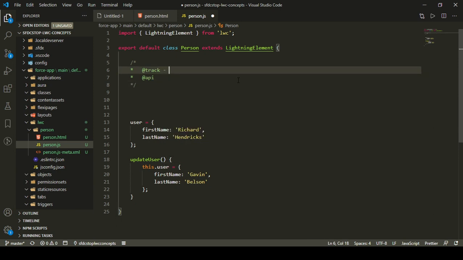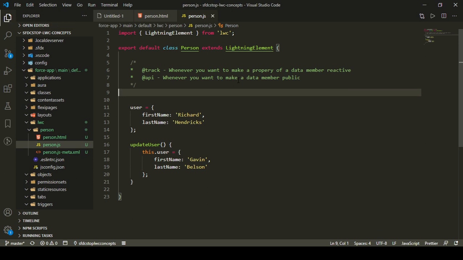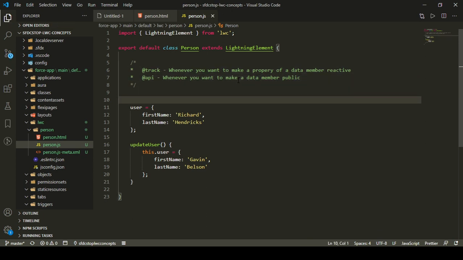So track is used whenever you want to make a property of a data member reactive, okay? And API is used whenever you want to make a data member public, okay? So we'll see what is track and what is API by having a look at a demo.